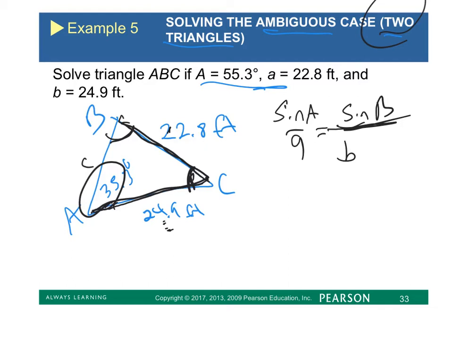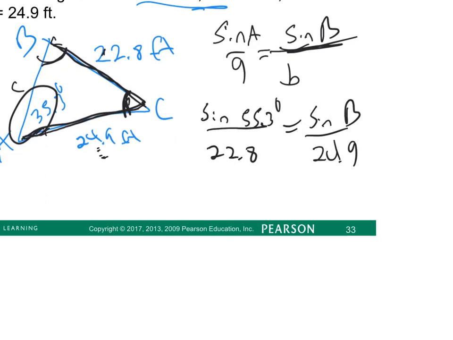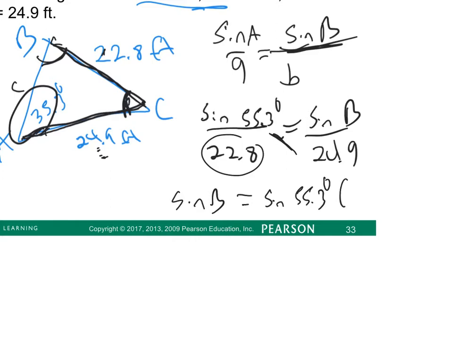So that's the proportion I'm going to use. Sine of 55.3 degrees over 22.8 will have to be what I don't know, sine of B, over 24.9. Set that up. These two go together, divide by the third. Sine of B will equal sine of 55.3 degrees times 24.9,